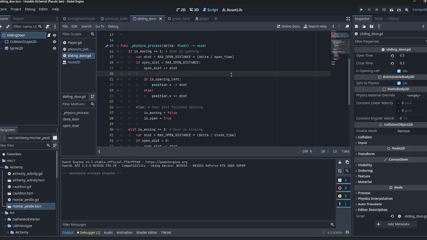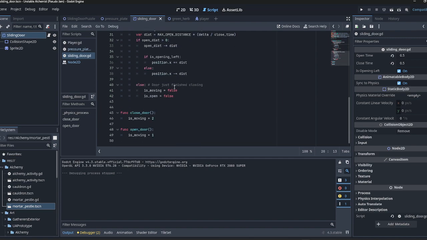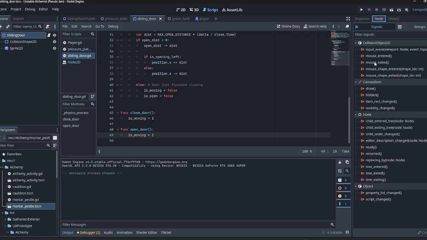How do I push? How about this? If door is closed and player is colliding with it, we need to push it out, right? So let's get a